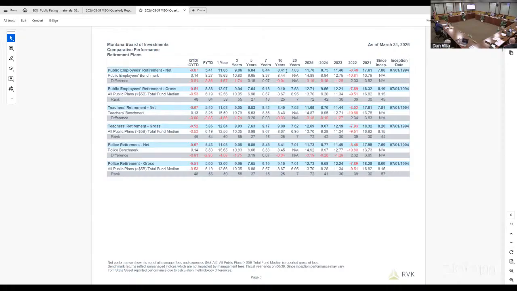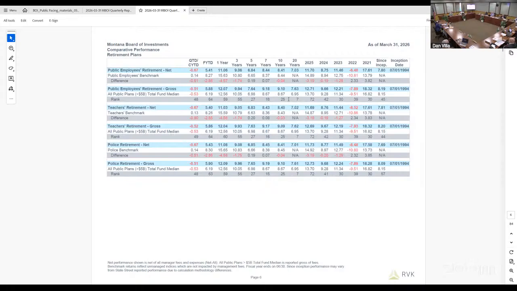Absolutely. And then the ranks that we were talking about a few minutes before, you can see how those play out for other public funds that are greater than 5 billion. Near term performance has been closer to median. Long-term performance has been top quartile or better, or just missing it in the case of 5 years. So again, very good relative performance. And for 20 years, you rank in the 7th percentile, in the top quartile for the last 10 years, and then in 7 years in the 16th. So a lot of good relative performance.